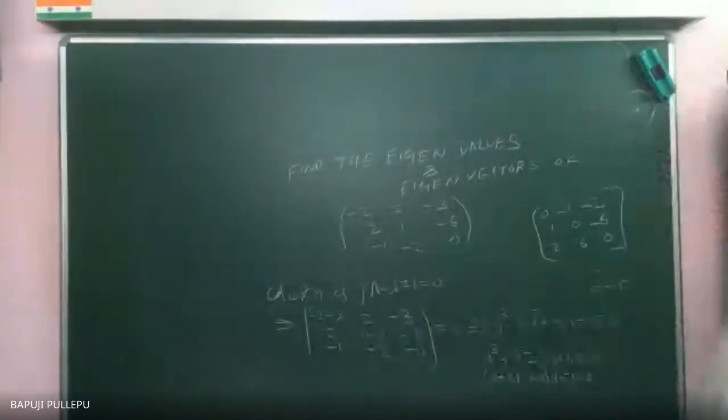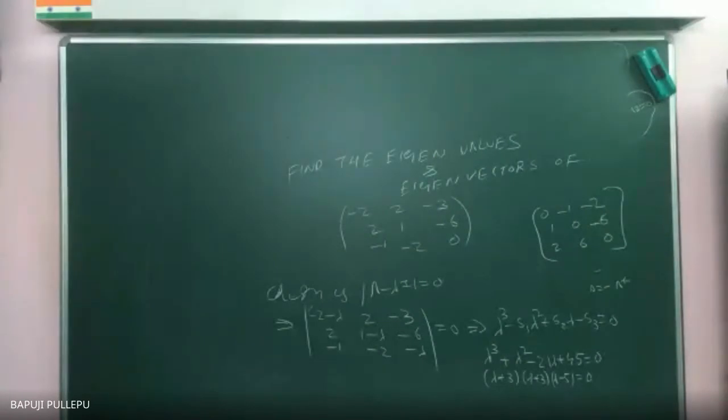Copy down fast. Take 1 minute. If you need space, you can leave some space. After copying down, you can also do rough work. You have to find what S1, S2, S3 are, then do synthetic division. There is a lot of work there. I just skipped all that.